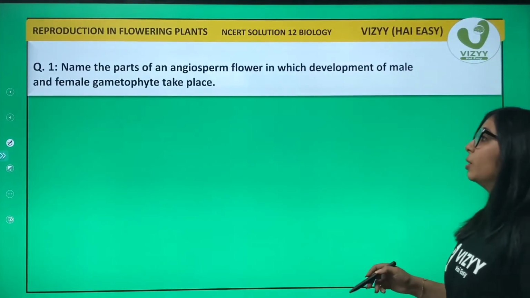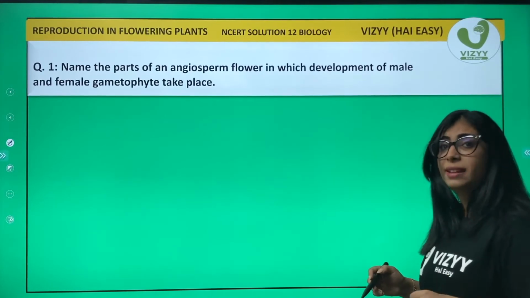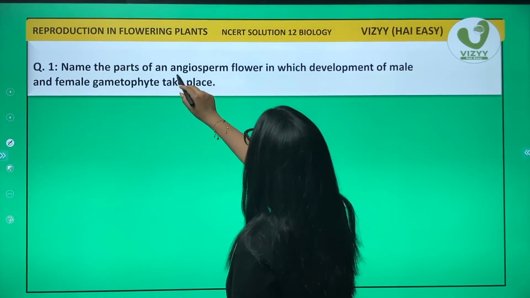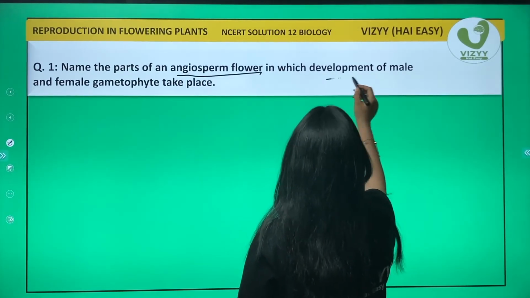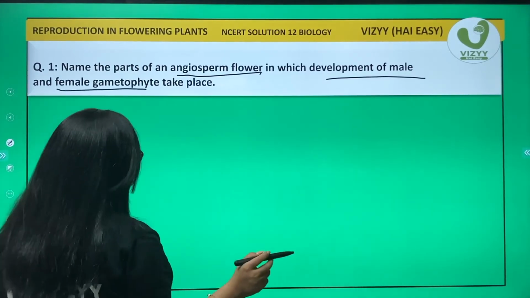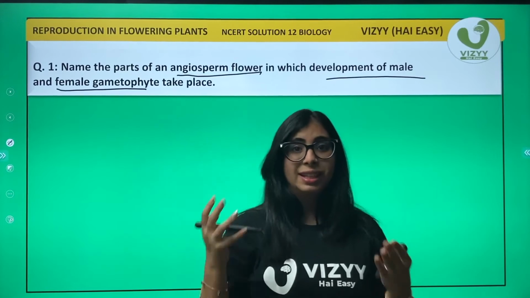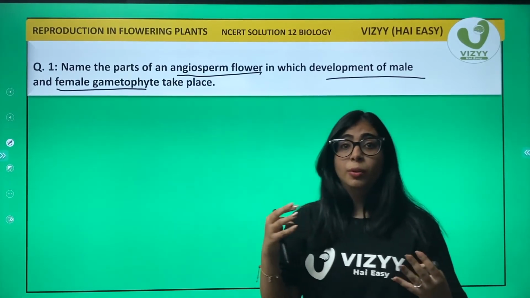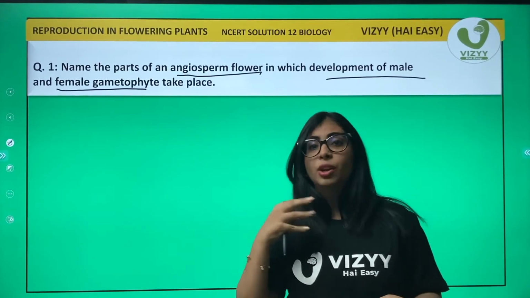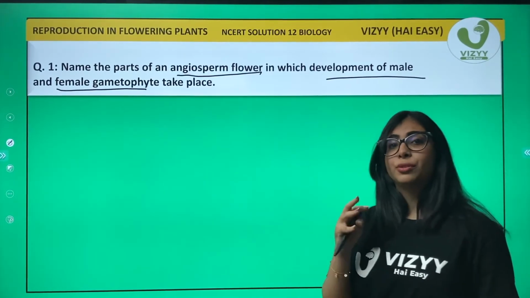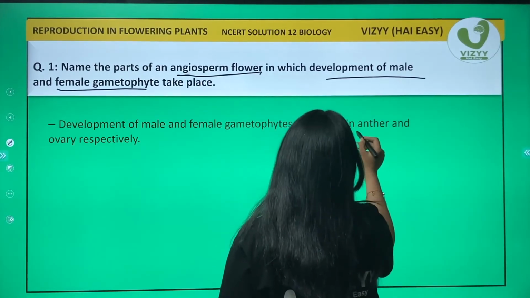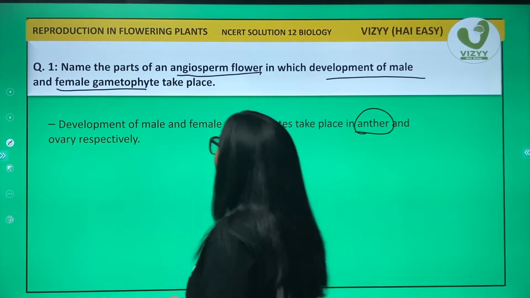So students, what does question 1 say? Name the parts of an angiospermic flower in which the development of male and female gametophyte takes place. So where will you find gametes in an angiospermic flower? Male gametes are found in the anther and female gametes are found in the ovary. So in the answer you're supposed to write: development of male and female gametophytes takes place in anther and ovary